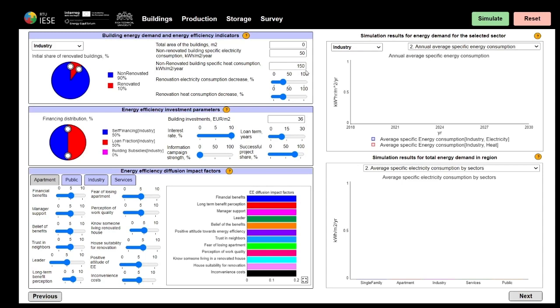The version of the model includes three main segments: buildings, production, and storage. On top of the page you will also find a navigation menu which will help you to navigate through these pages. Now we are at the buildings energy demand page, where you can specify energy demand and efficiency indicators for different